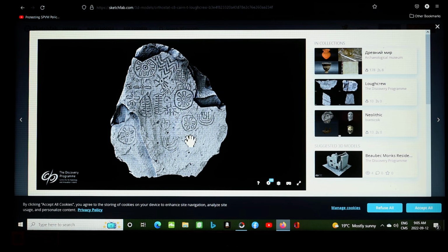What else do we have? We have some upturned crescents. I was talking about here and here. We have some upturned crescents, and I do believe that these are representations, or almost certainly representations, of the partial phases of a solar eclipse, and I'd even go so far as to say, because of how they're depicted, probably an annular eclipse. So as far as I'm concerned, we have depictions of both annular and total solar eclipses